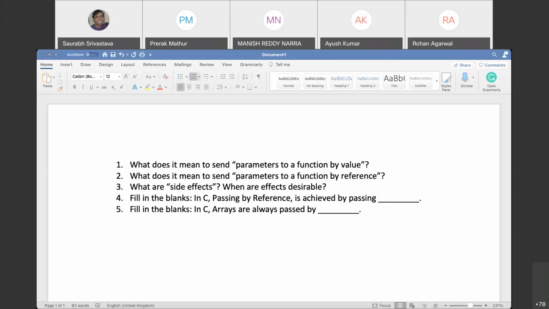Any doubts for this? Is my connection good or am I disconnected? That's all from my side for this question. Any more queries?